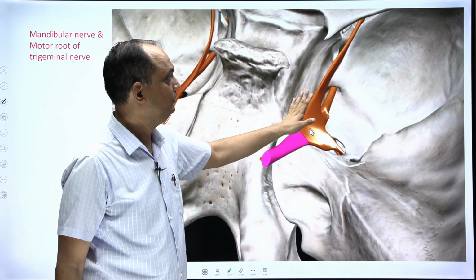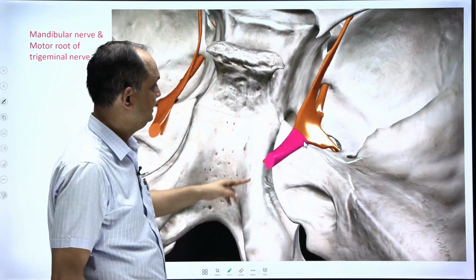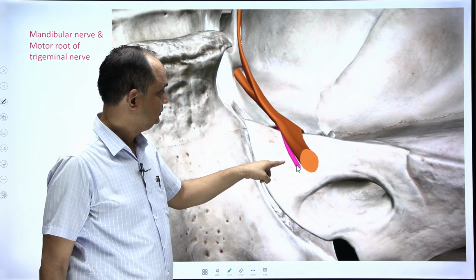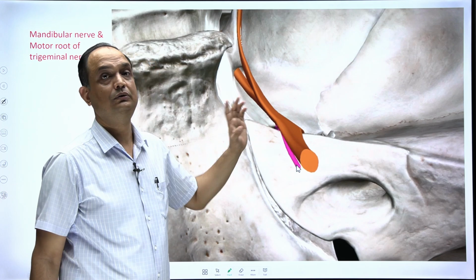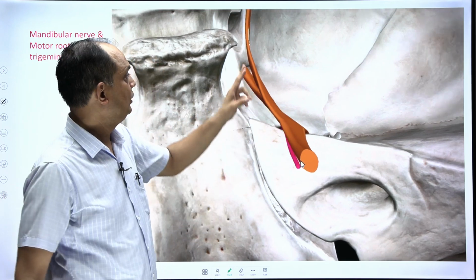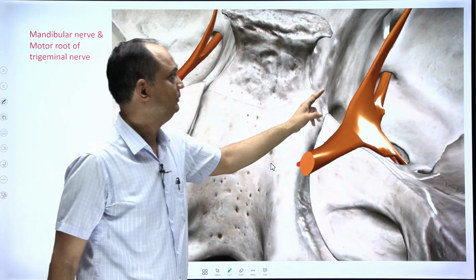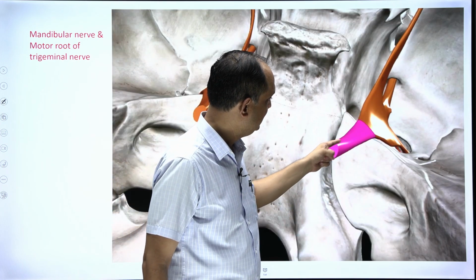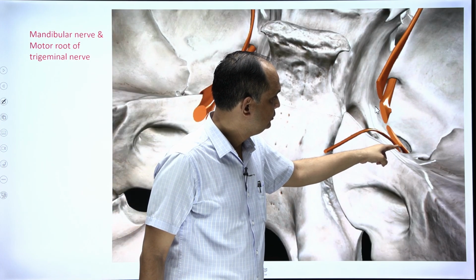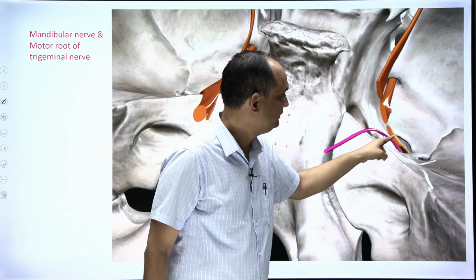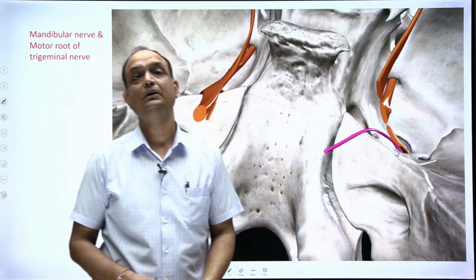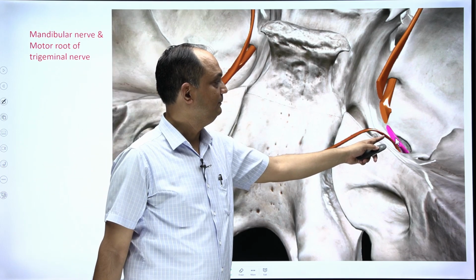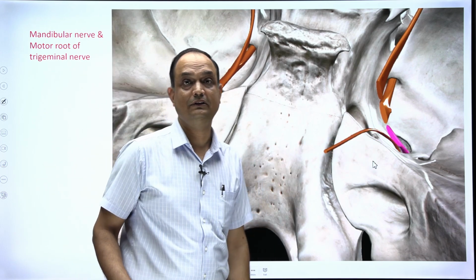In the sphenoid bone, if you zoom in, you can understand that there is a separate motor root. This motor root contributes to the mandibular only, not to the ophthalmic and maxillary. So ophthalmic and maxillary are pure sensory divisions, and the mandibular later joins with this motor root after they come out from the foramen ovale. Clear? This is the important thing to always keep in mind,